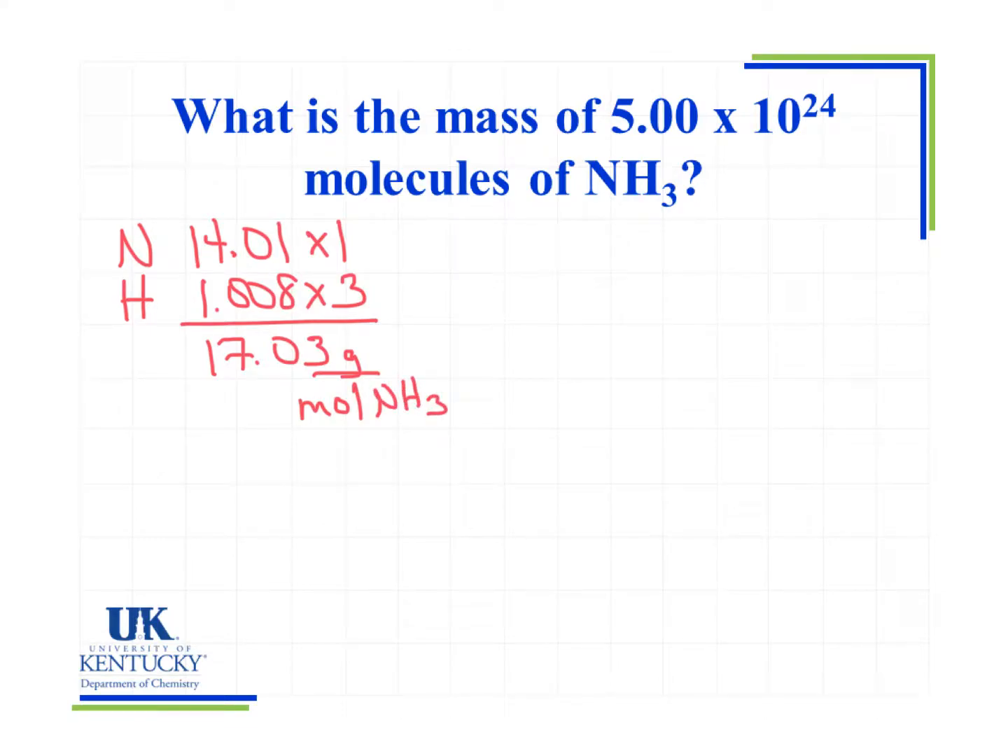So now we know the molar mass, but we need to get to the moles of NH3. And so we see our molecules, 5.00 times 10 to the 24th molecules, and we can abbreviate this MOLEC. We want to avoid MOL for molecules because that represents moles. So we have 5 times 10 to the 24th molecules, and here I'm going to use Avogadro's number. I'm going to convert to moles because once I get to moles, then I can use my molar mass to